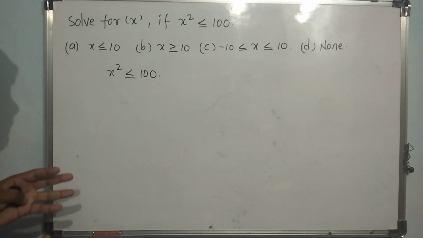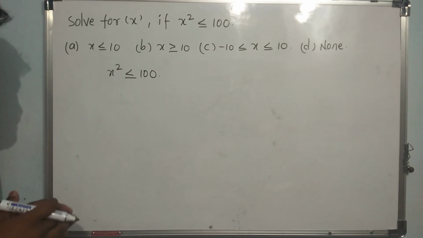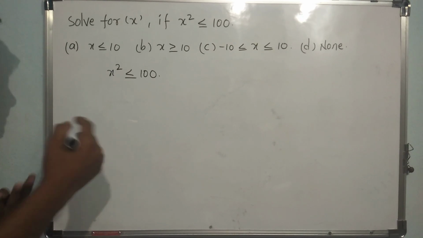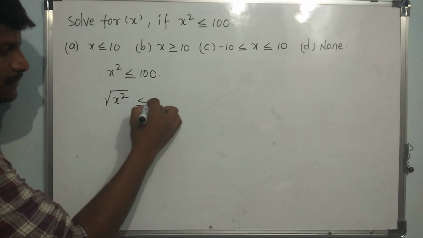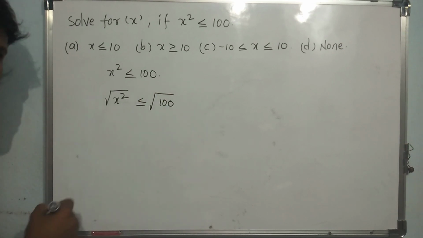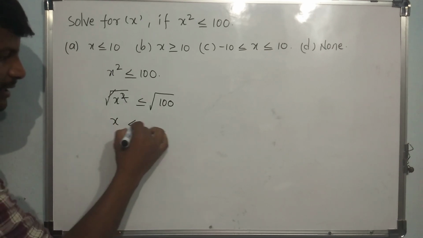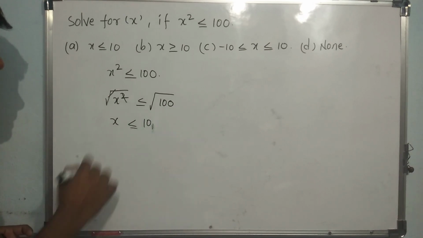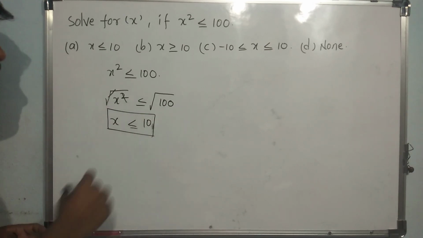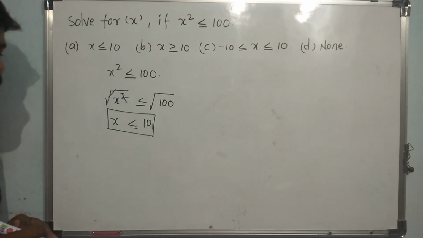But commonly most of them will make a common mistake. By looking at it directly, what we will come to know is applying square root on both sides. Okay, what will happen if I do like that? I am applying square root on both sides, and I will cancel these with each other. I will be writing x here less than or equal to root 100, which can be written as 10. Suppose this is what my answer is, because I followed some mathematical rules that we have learned so far.